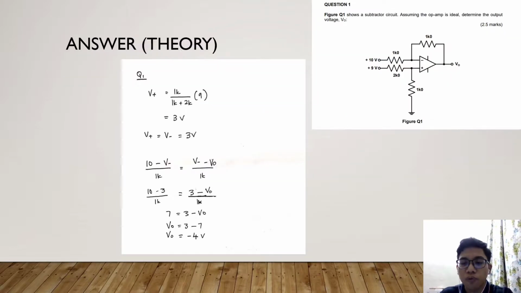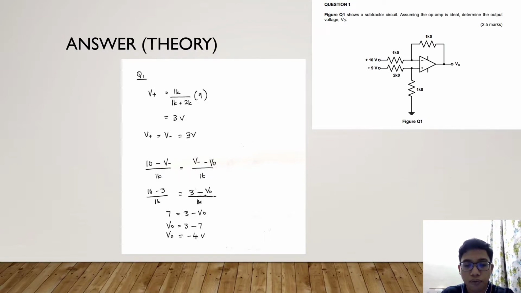Okay. So for this question, in order to find the output voltage, we have to find V minus first. To find that, we have to apply Thevenin's circuit to find the VTH. So V plus is equal to 1K over 1K plus 2K times 9, which is our voltage supply. So we get 3 volt. Since V plus is equal to V minus, which is 3 volt, we just